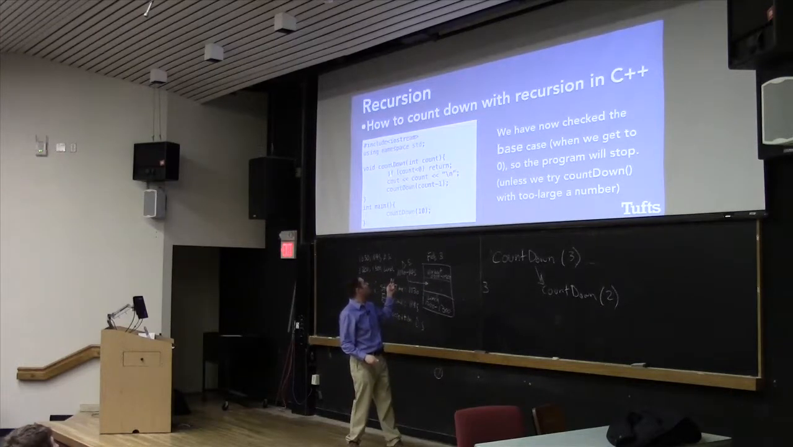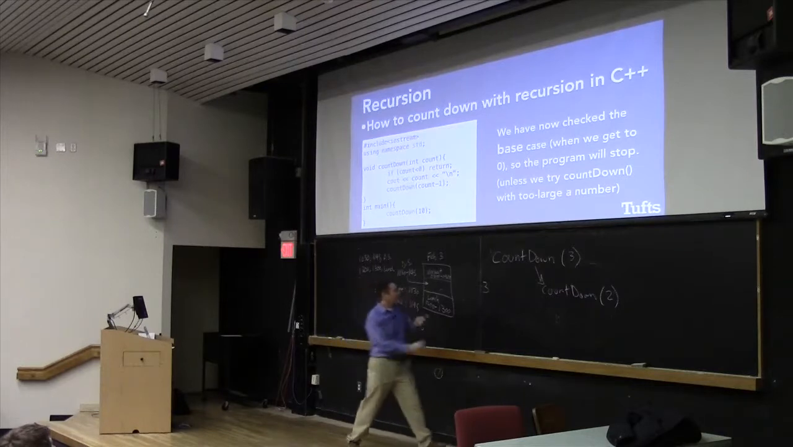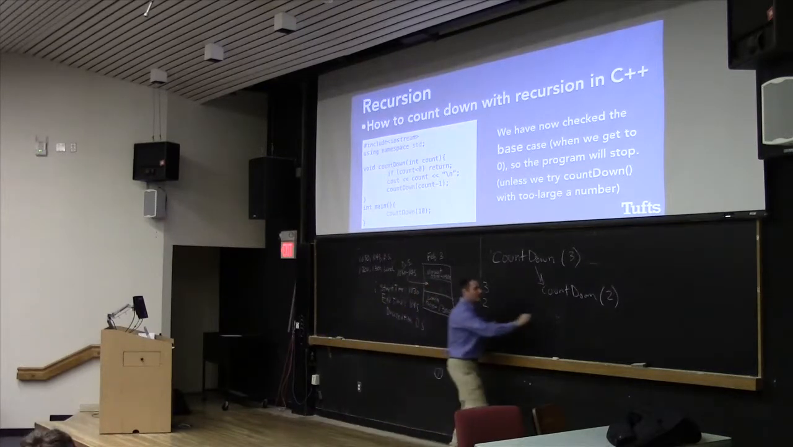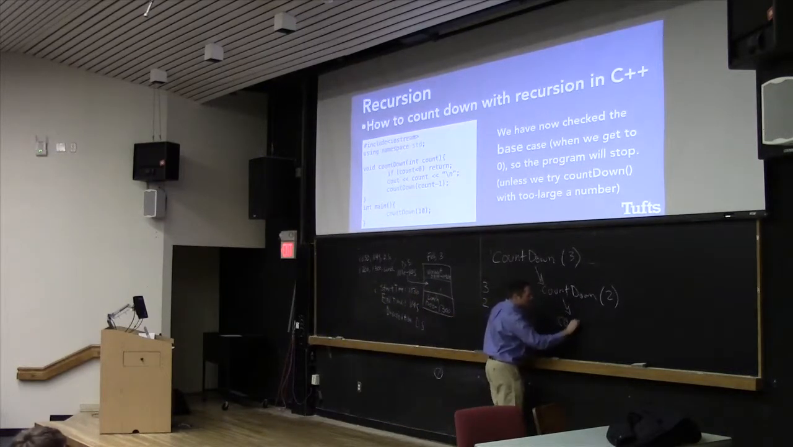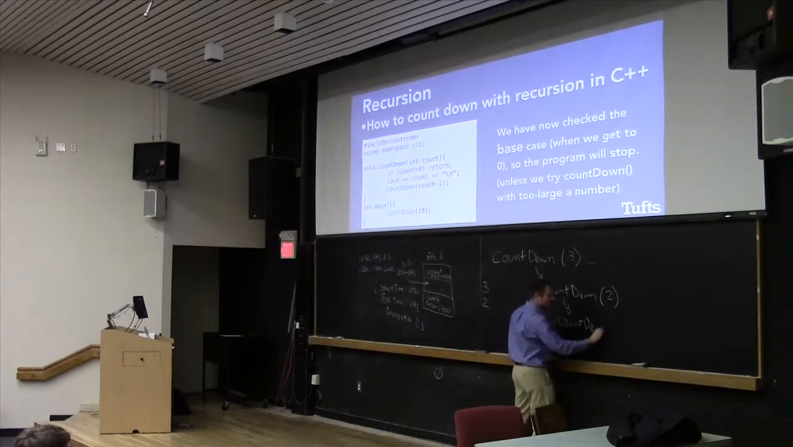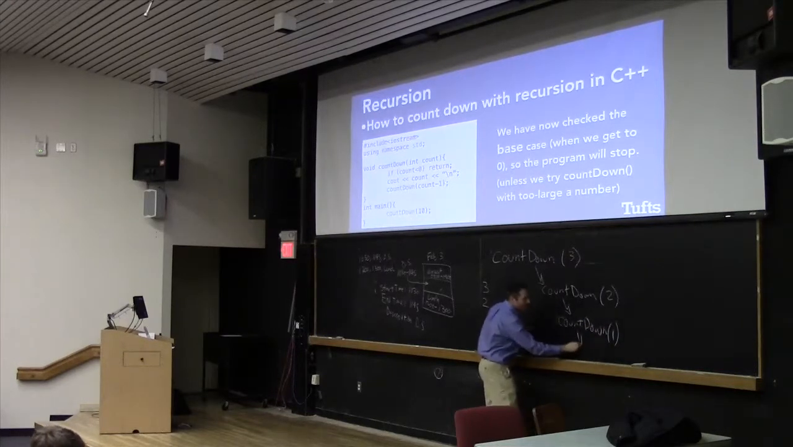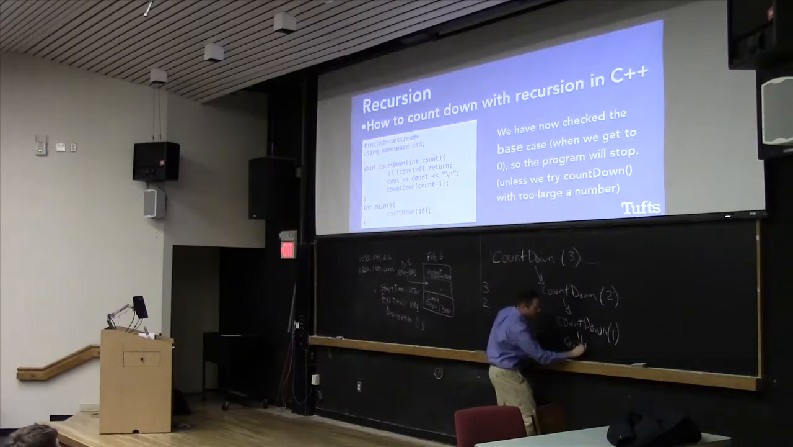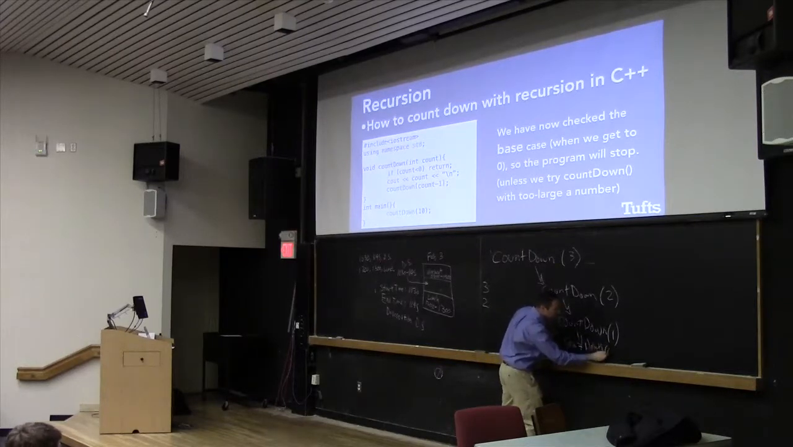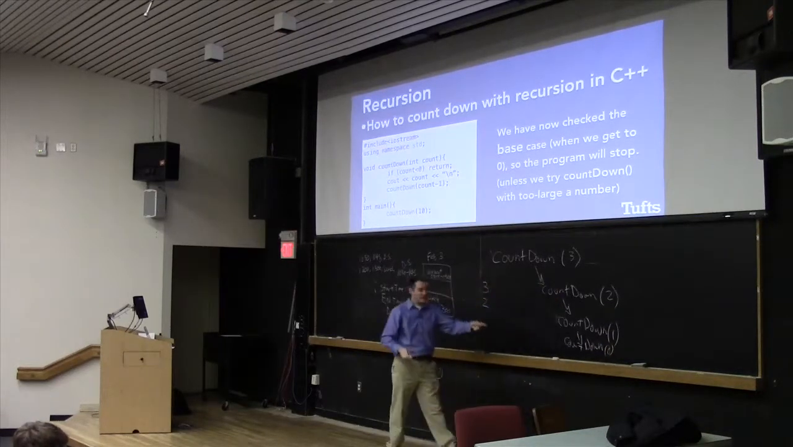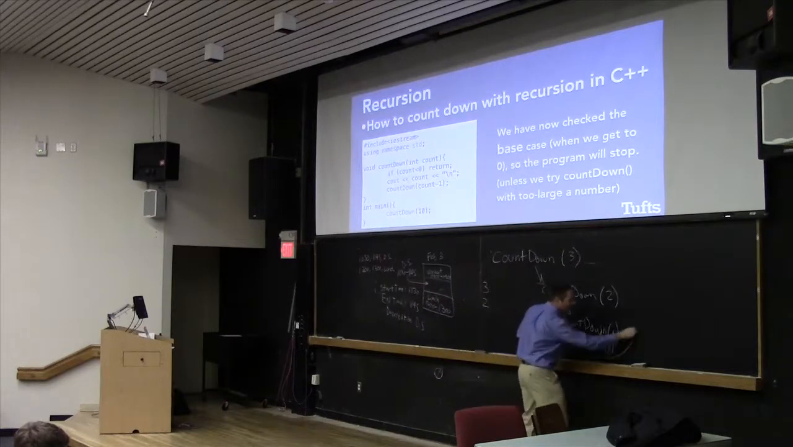It's going to go through the statements here. It's going to say, is count less than 0? No. Print out 2. And then this one is going to call count down. You guys get the picture, I hope, at this point. 1. And then that one's going to go count down 0. And then 0 is actually going to also go count down